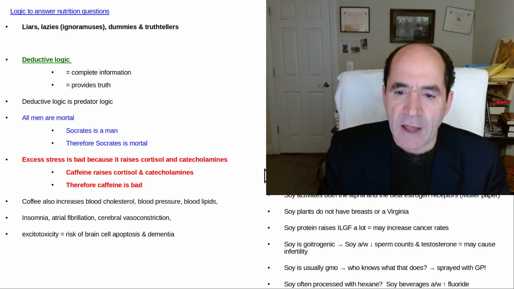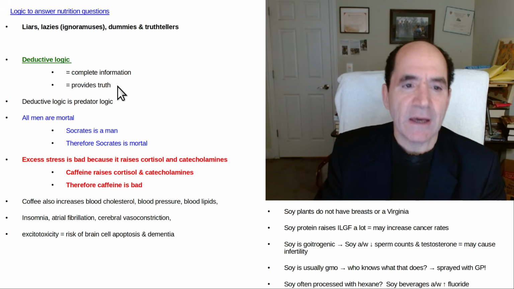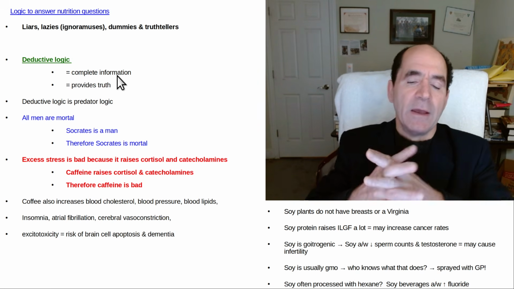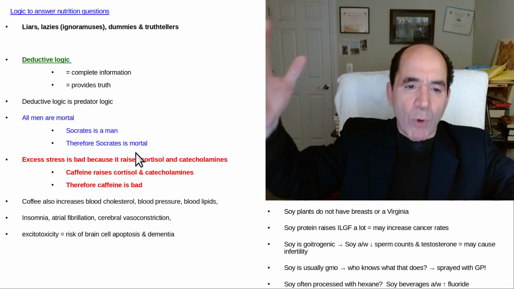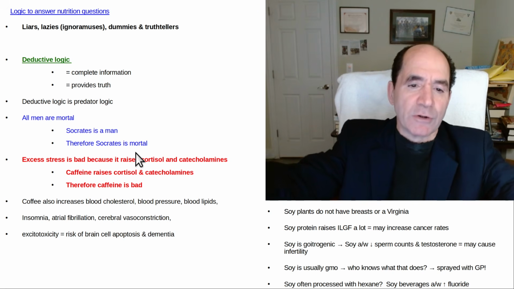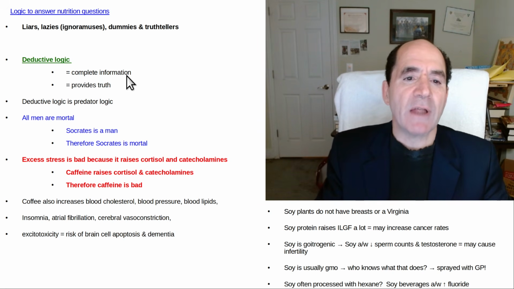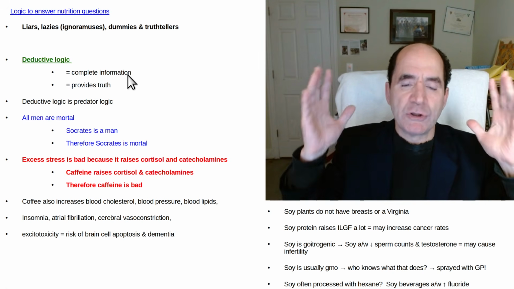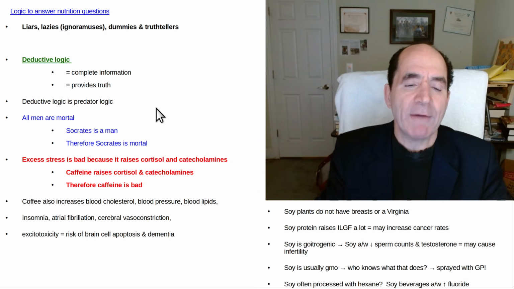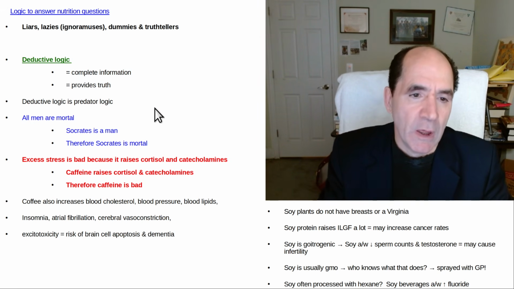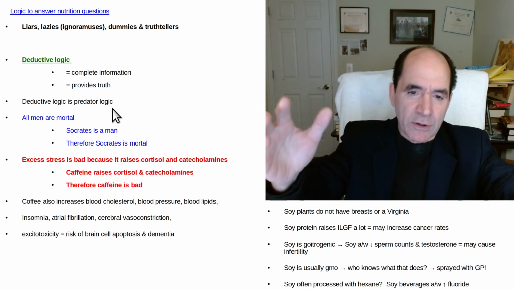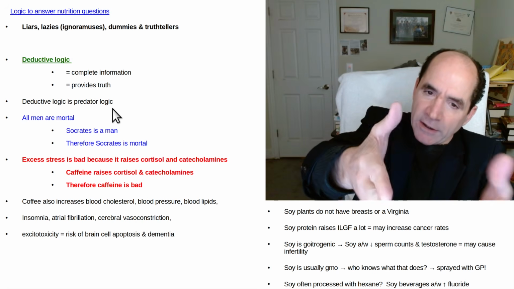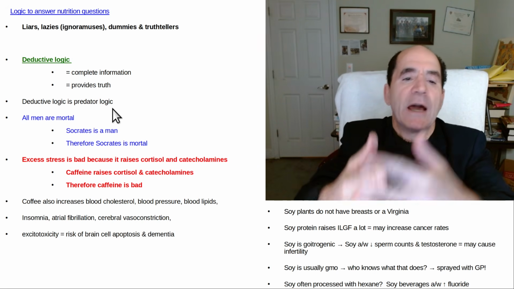this deductive logic. When you think of deductive logic, you think a lot about Aristotle, okay? And the typical thing is a syllogism. All men are mortal. Socrates is a man, therefore Socrates is mortal. With deductive logic, you have complete information. You simply have to use the information you already have, and you will be provided with the truth. Okay, deductive logic is also called predator logic. If I'm running after the chicken, if I intersect it at a 45-degree angle going this speed, I shall catch